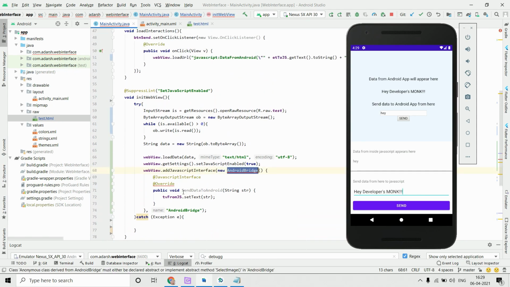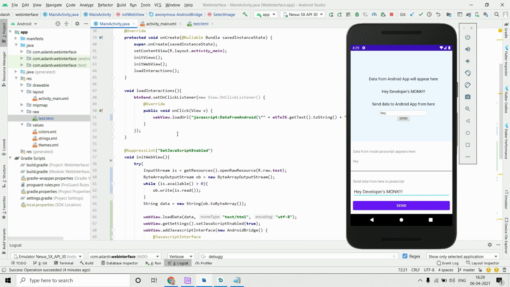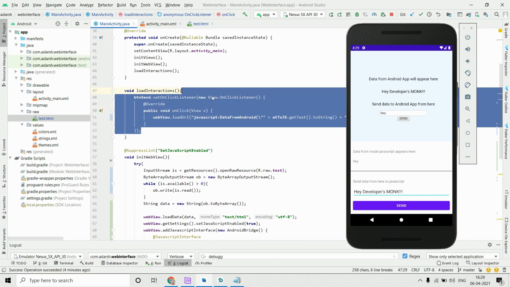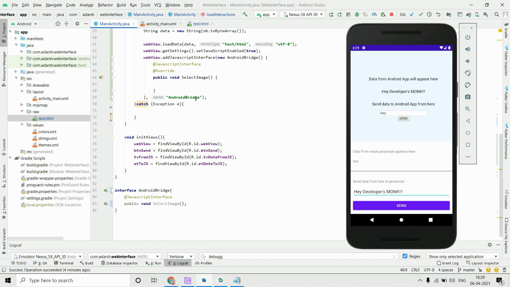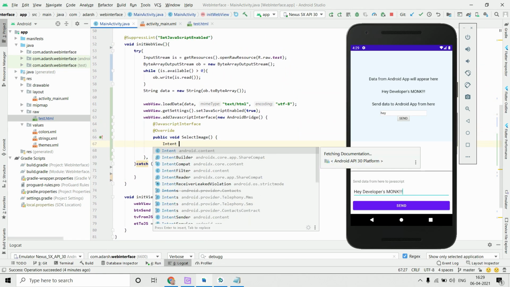Now again we have to change it here. Select image without any parameter. So now everything is done. And the next thing is we do not need to find this. Okay. So now when this particular select image is called, what we need is we'll fire this